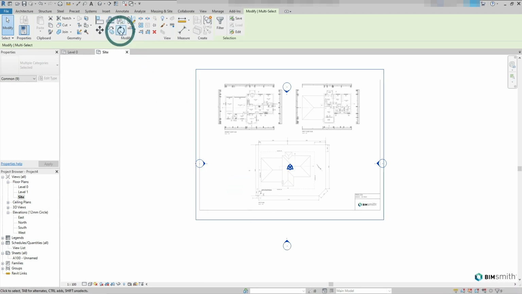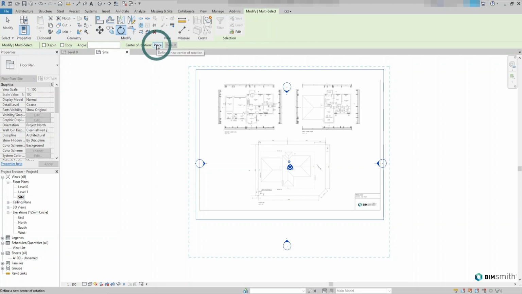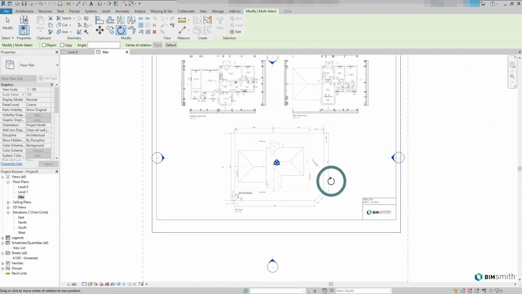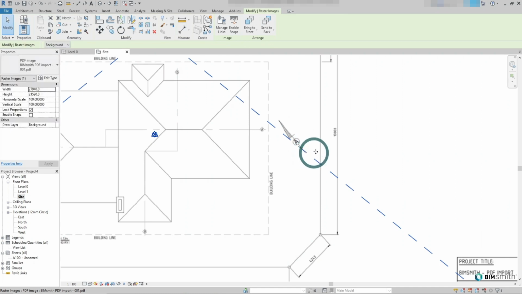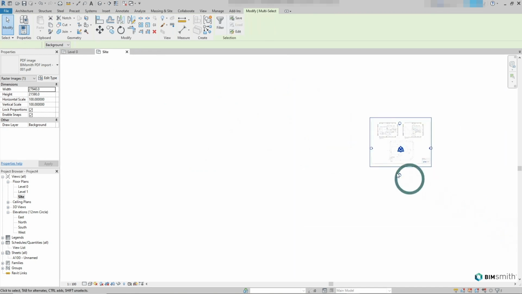Alright, so the next thing we're going to do is just do a rotation, and I'm just going to place the center of rotation point at the north arrow of the PDF. But as you can see, I'm unable to snap to anything. Now, to make it a workable PDF, I'm just going to select it, and I'm going to toggle the enable snaps. Now, please take note that this does not work on most scans, but is mainly for the PDF exports of high resolution PDFs. Alright, so now going back to the rotate function, just want to select everything once again.